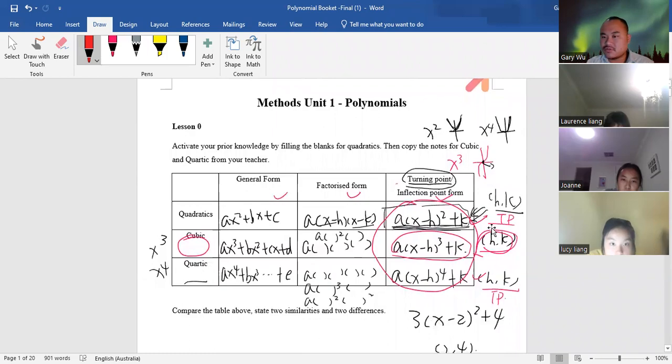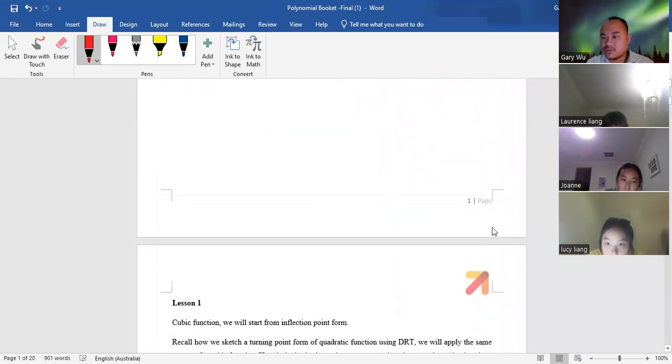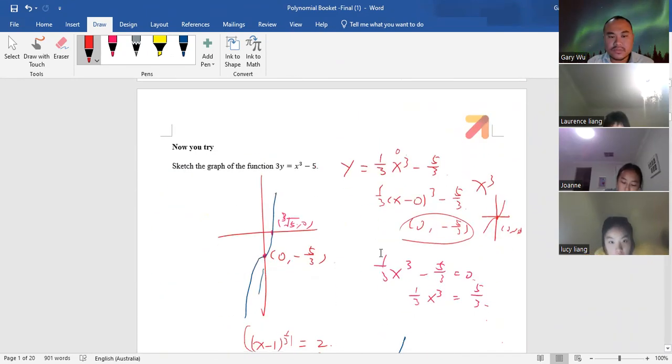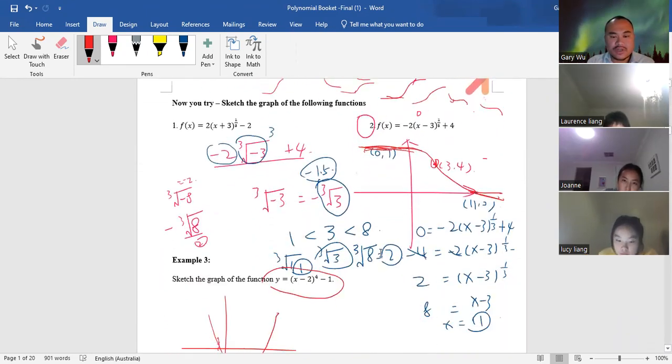Does it make sense so far? Everything makes sense? Okay, then, like I said, we have 3 different forms. The next one we're going to learn is the factorized form. So when it comes to factorized form,